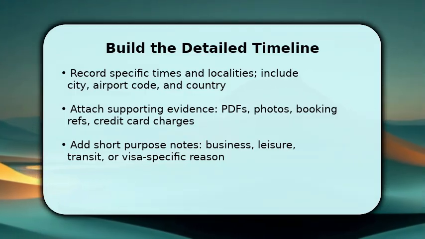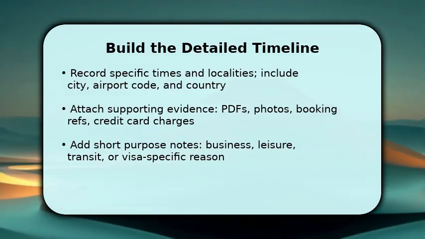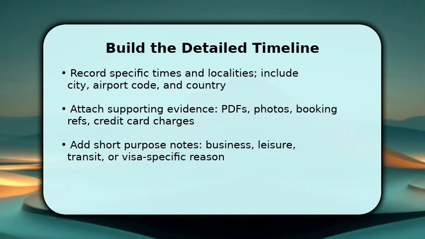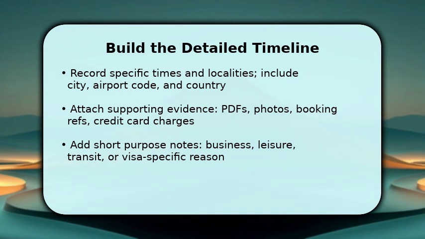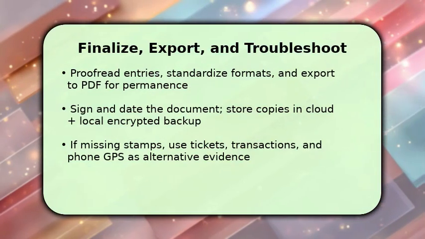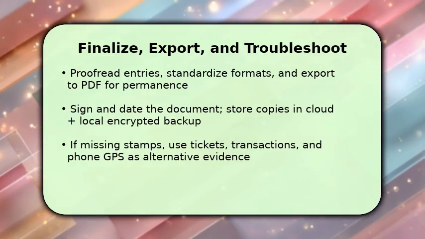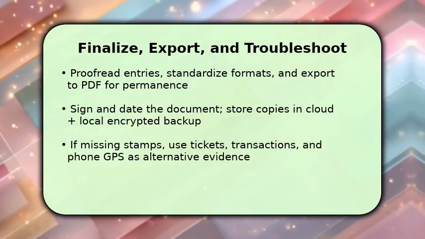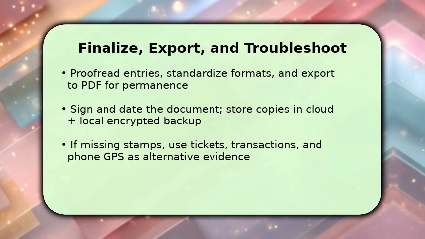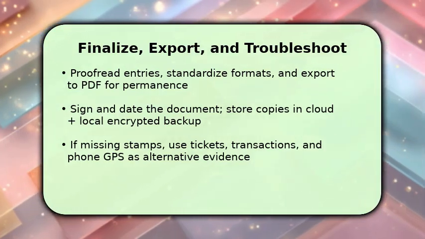Once done, sort by date and check for overlaps or gaps that need clarification. To finish, proofread every row and standardize formats. Use ISO dates and consistent location names, then export the file to PDF so it won't change. You should sign and date the document where required and save copies to cloud storage plus an encrypted local backup